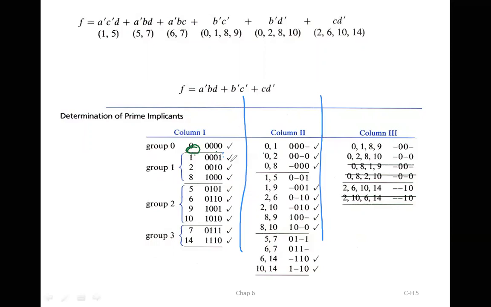That means I have to check. Whenever I compare and I write it over here, I have to check. So 1 with 5, both I have to check. 1 with 9, both I have to check, but I cannot check 6. Again, 1, that's all. Next, we have to compare 2.